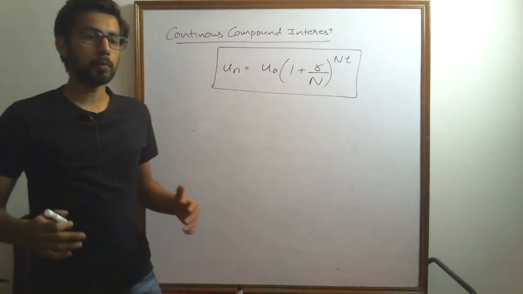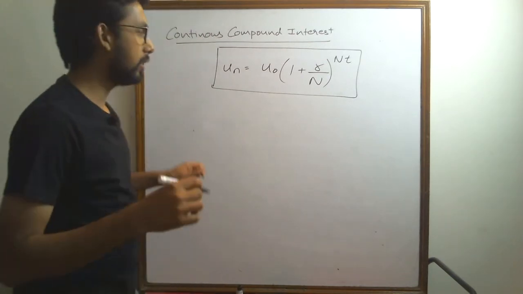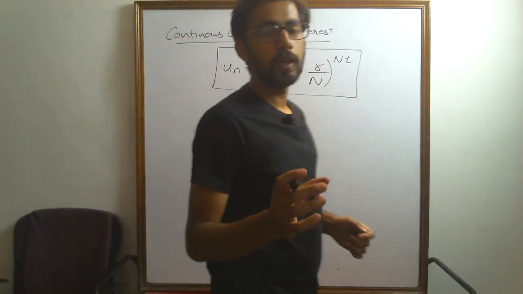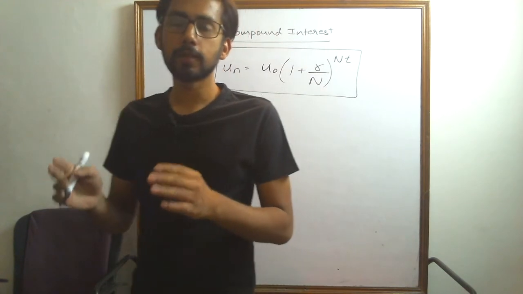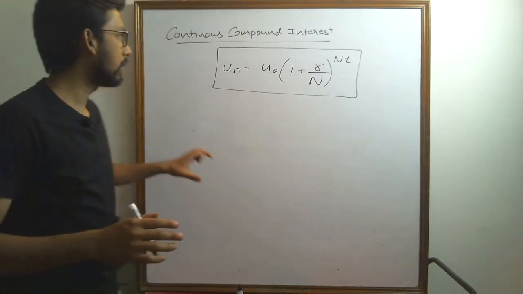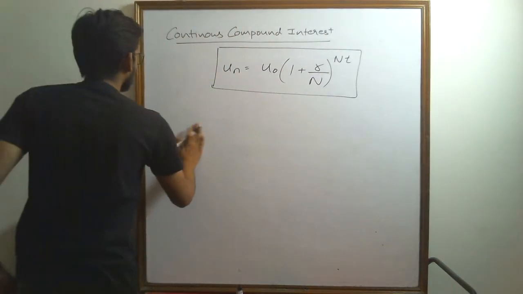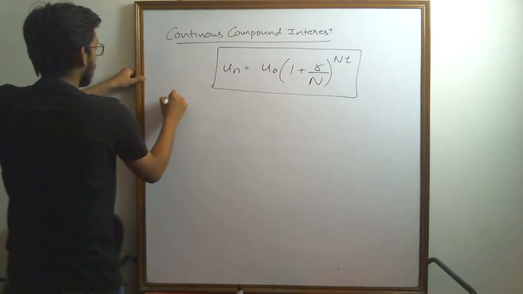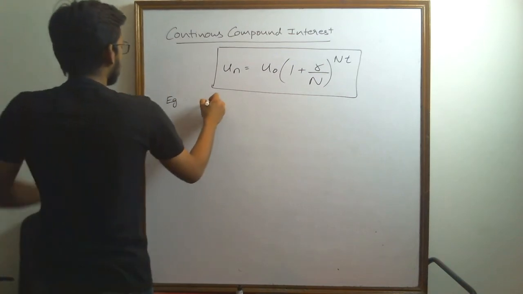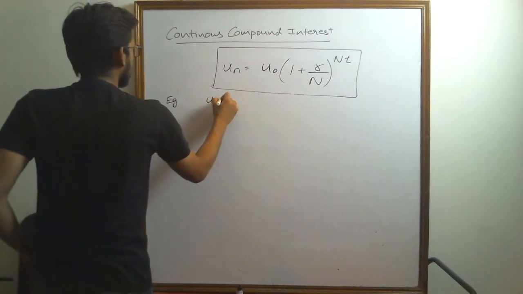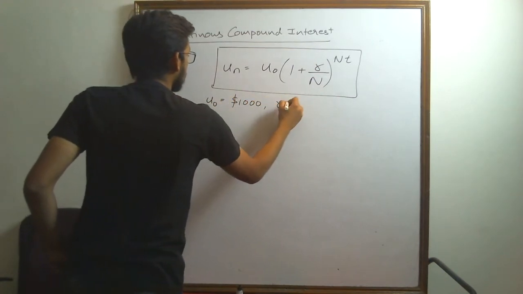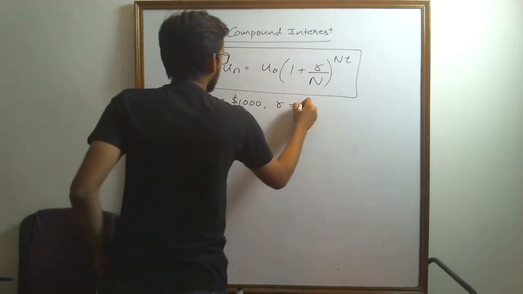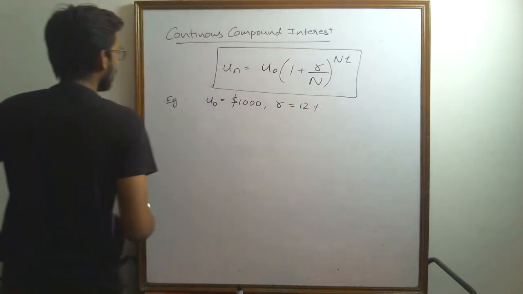Okay, so let's start with continuous compound interest. For that we'll have to make the compounding periods become smaller and smaller and smaller. So let's start with an example and see what happens. So U naught is equal to say $1,000 and the interest rate per year is equal to 12%. Then